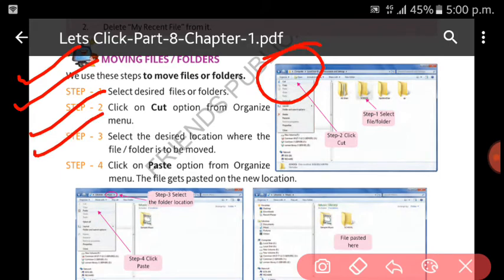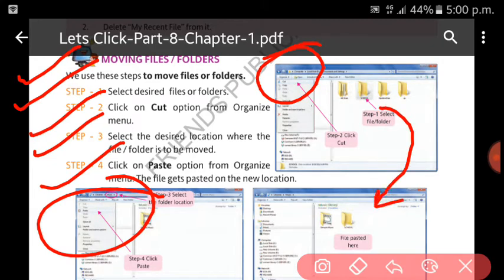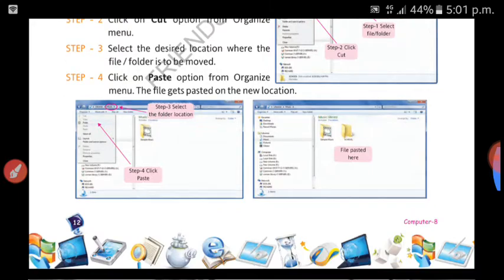Then we go to the desired location, wherever we want. This is the desired location. Then we choose the paste option from this organize menu, and this file will get pasted here, right? So this is the cut paste option. In case of cut paste, the file will go to the new location. It will not remain in the old place.